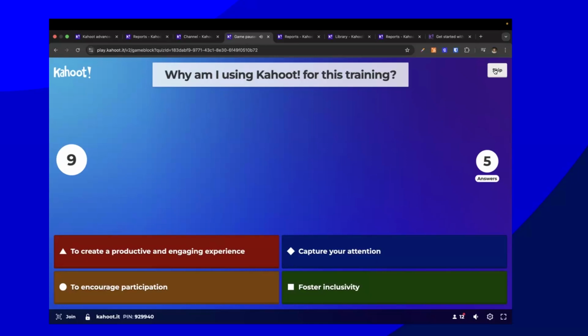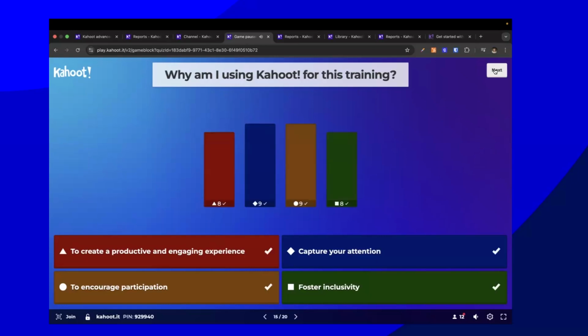If you're not so sure, the more answers you get right, the more points you get. It is indeed the idea of using Kahoot presenter mode in this was to create a more productive and engaging experience and get feedback from you. It's very hard to know when you're doing a training session with multiple people, if I can't see your face, how that is going for you. So, having reactions, getting your feedback in the form of Kahoot questions is just very powerful for me.